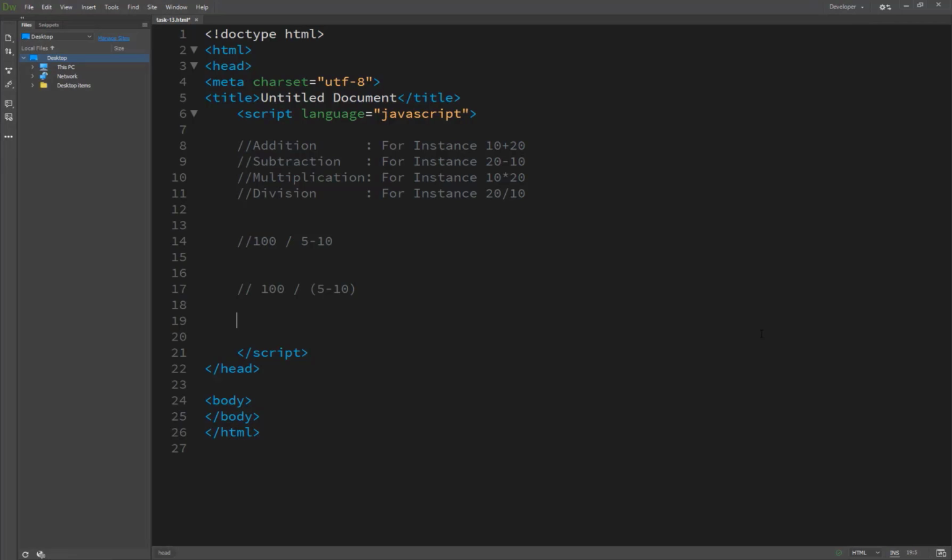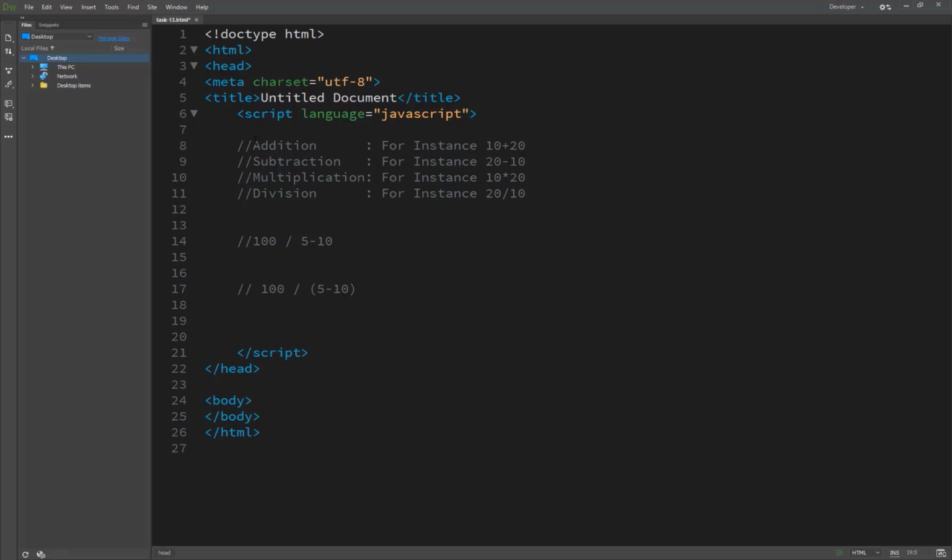So we are starting our task number 14. It's performing maths. When working with numeric variables or numeric values in JavaScript, you can perform mathematics with the numbers. Not only can you add, subtract, multiply and divide numbers, but you can also perform other advanced mathematical calculations inside JavaScript.